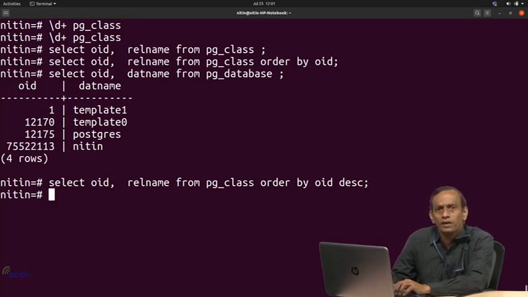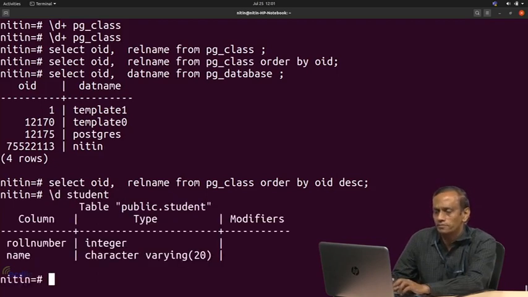Now let us try to understand. When we created a relation called Nitin, how many columns were there? Two. One was roll number, the other was name. Now if I want to see whether information about these two columns was also added internally, yes, let us try to see. In pg there is a table called pg_attribute.